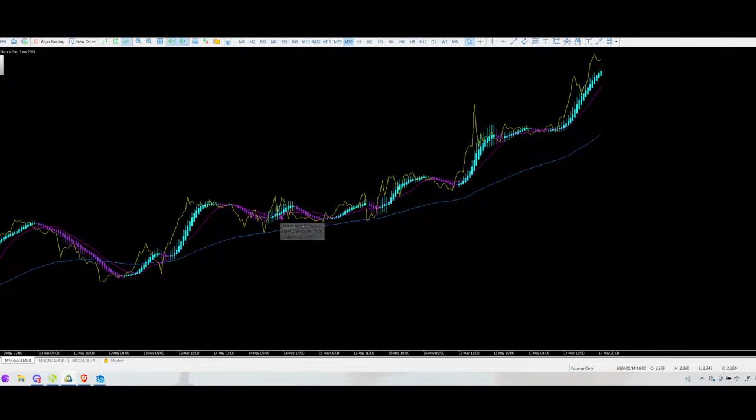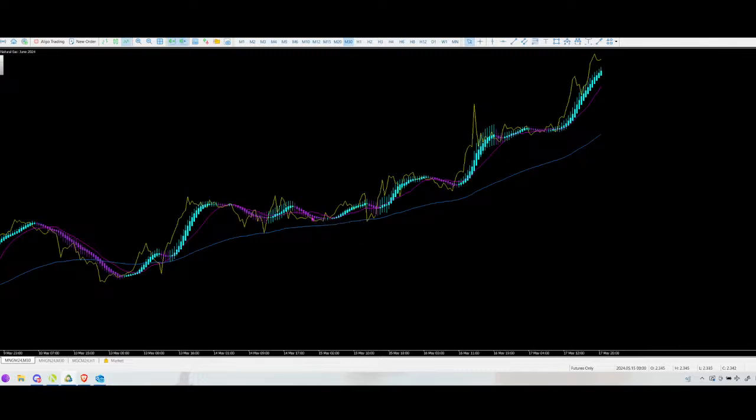And then if I have a bias on that and it looks like it's clear what I think it's going to do, then I'll drop down to a 5-minute chart, maybe even a 1-minute chart, but probably about a 5-minute chart, and look to either take an entry straight away if there's a bull candle, if I'm looking for a bullish entry, or I'll go down to the 5 and fine tune an entry, maybe wait for another little